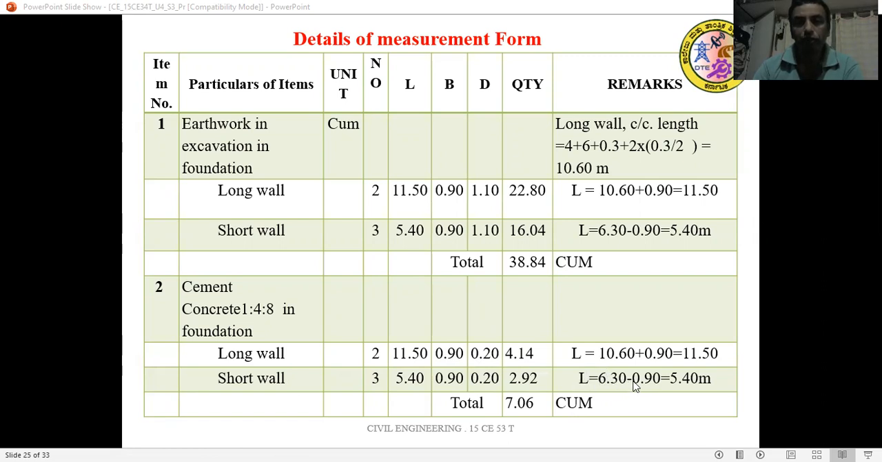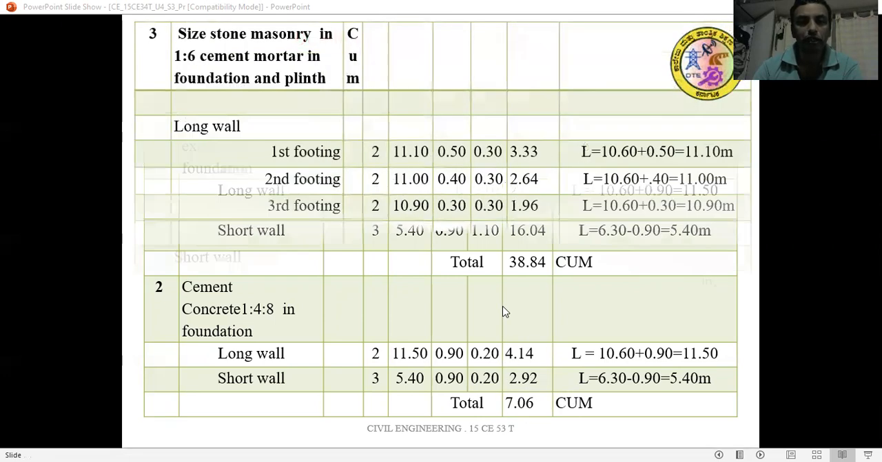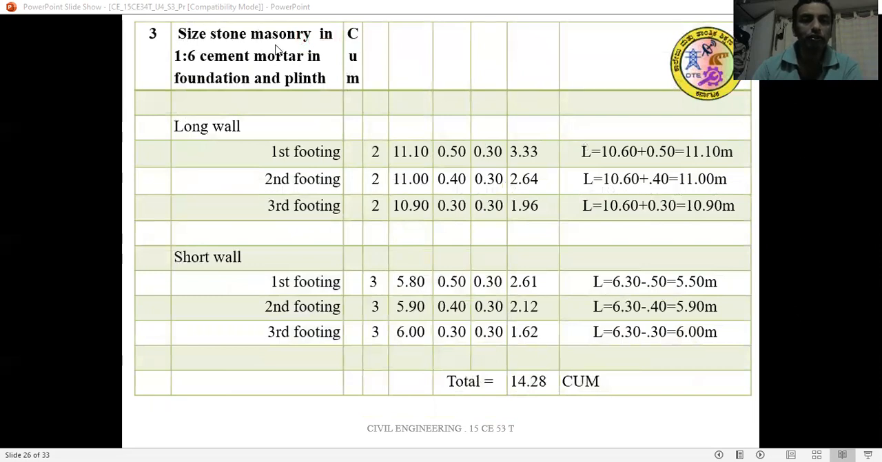Length is equal to 6.30 minus 0.90 is equal to 5.40. Total quantity is obtained by adding these two values. The value is 7.60 cubic meter. Similarly, you have to calculate the size stone masonry for first footing, second footing, third footing in long wall by